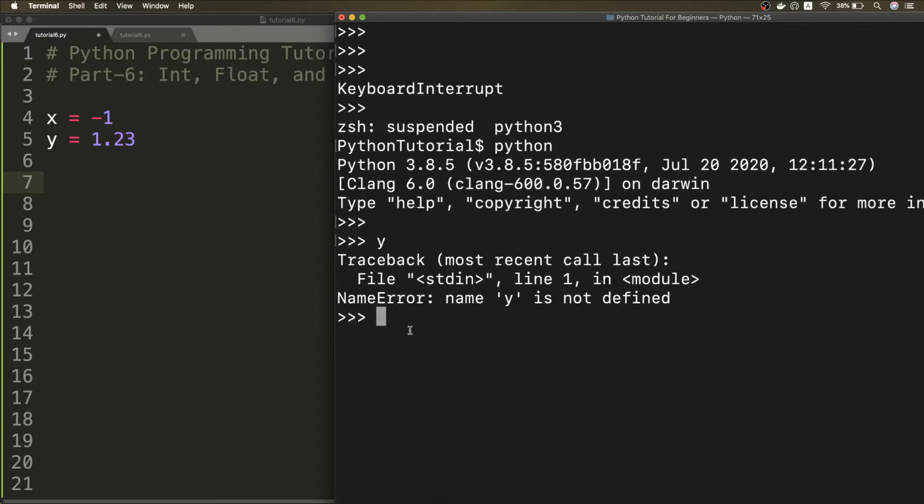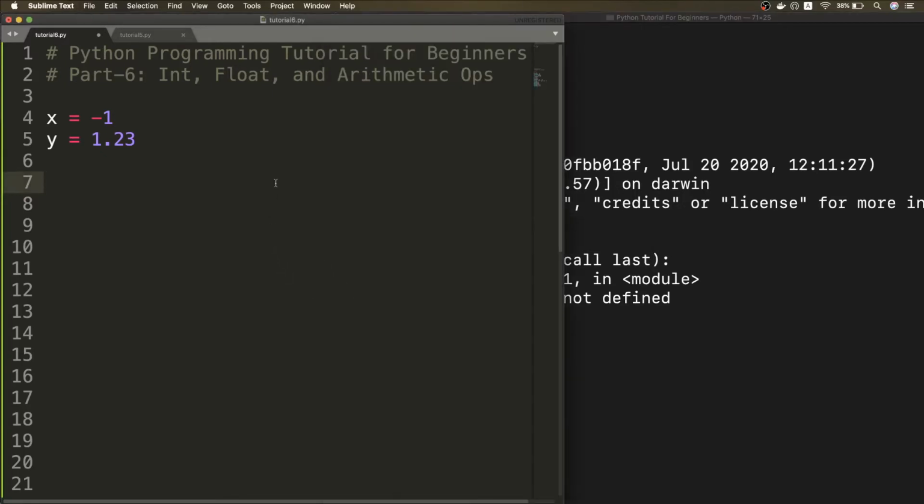Now let's talk about expressions. Expressions in Python are something that gets evaluated before they are used. So if I write something like x equals 2 plus 4 plus 5 into 3, this right hand side of the equal sign is an expression, because first the Python interpreter will evaluate it, like 2 plus 4 plus 15, and then it will assign it to x. So expressions are evaluated first and then their value is used.